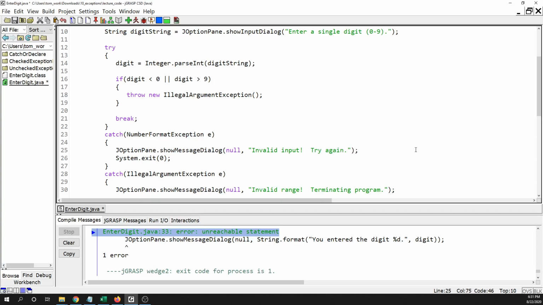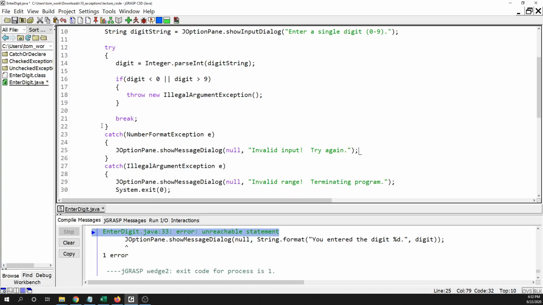And I need to take this terminating program line out right here, so the program doesn't end right there. And I need to do the same thing down here. So if the user enters letters right here,